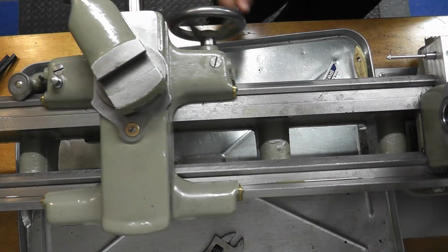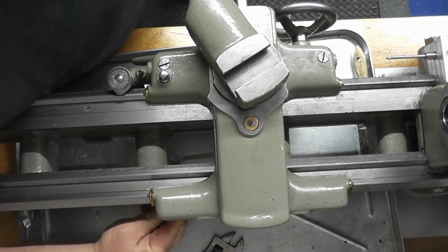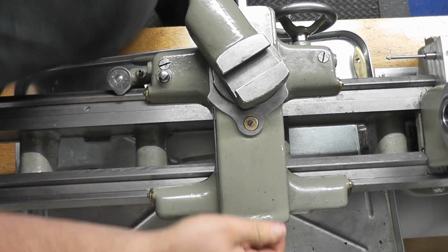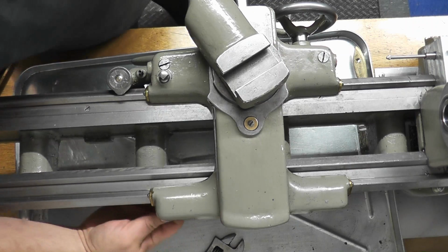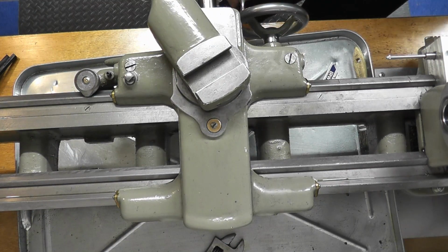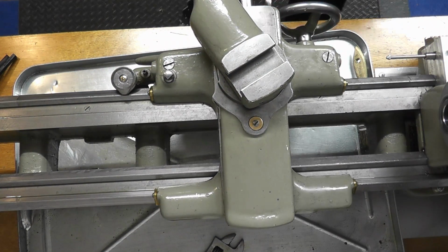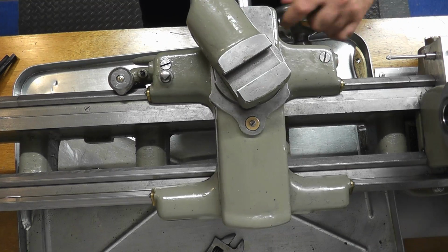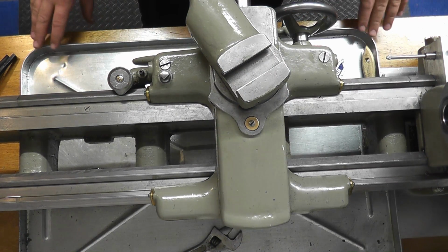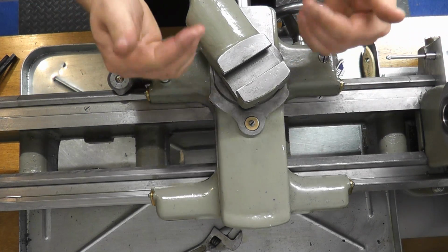Now feel your carriage and make sure that it's not really sticky. If it is, I'll just back off just a hair here and a hair here. There's still a little bit of movement there, not much, and my carriage is nice and light. Now you can run those as tight as you want for the way your carriage will feel, but I think that's one of the reasons why people get some nasty finishes, especially when parting off, because all of your force